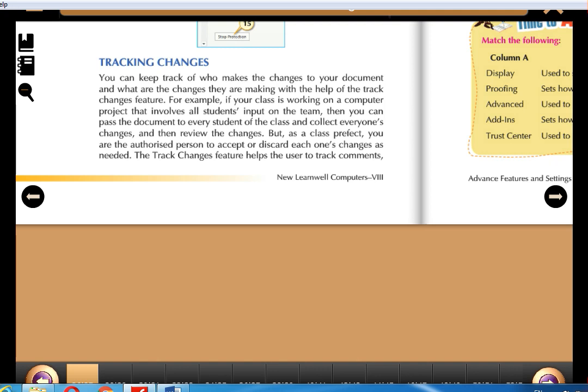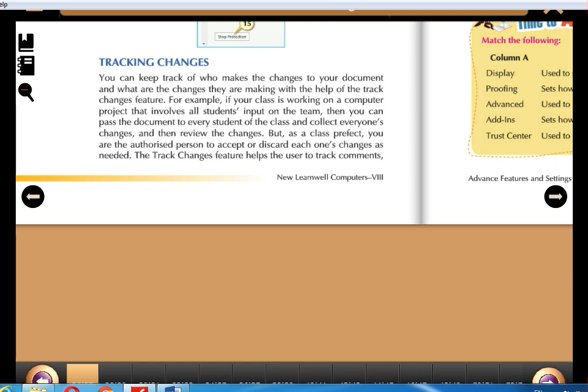Reviewing the changes means to accept or check what kind of changes have been made to this document. As class prefect, you are the authorized person to accept or discard each one's changes. If anyone is doing wrong work, you can discard that work from the Word document.